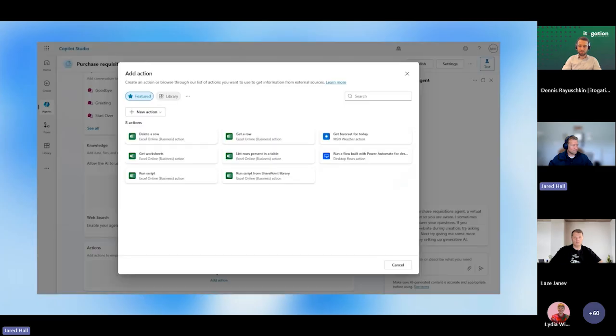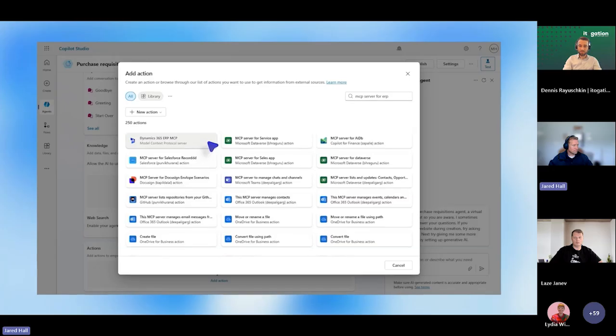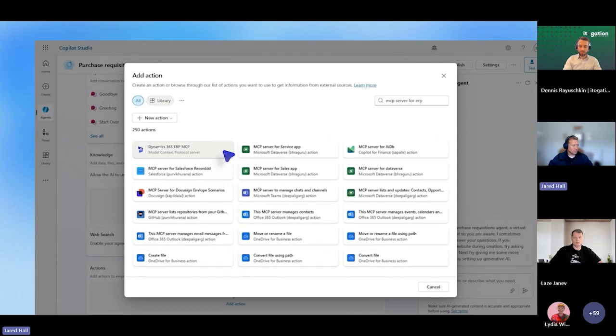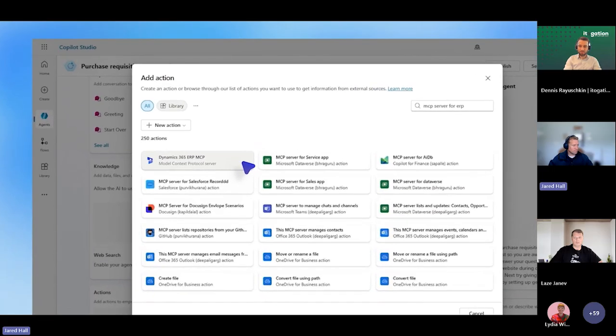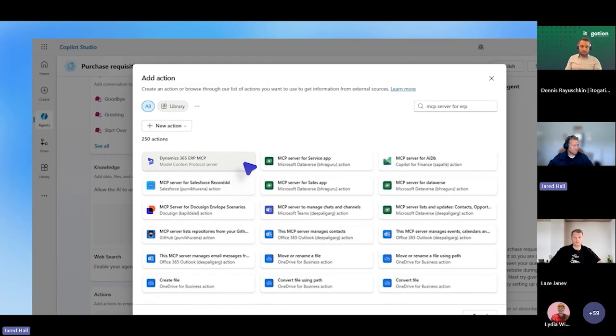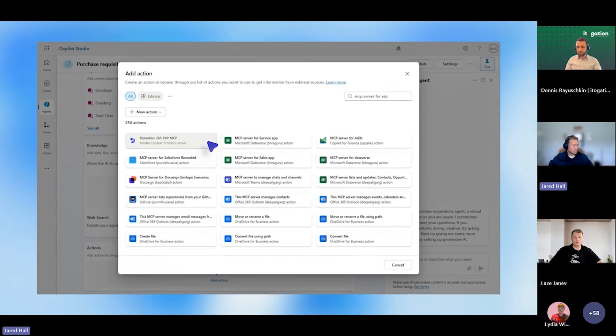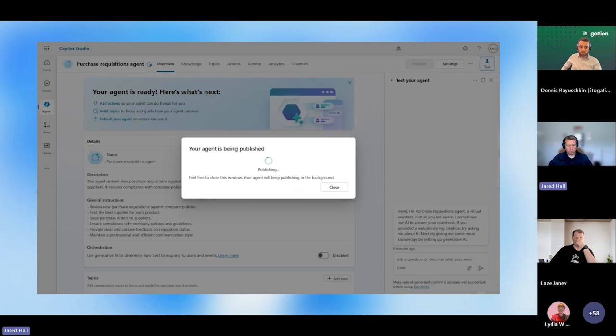Choosing an MCP server for ERP, this model context protocol catalogs and coordinates the actions agents can perform and the data they can access to complete complex goals. These can be modified at the server level without touching client code, and can even use additional MCP servers made by partners to integrate with multiple systems. With that set, simply publish.